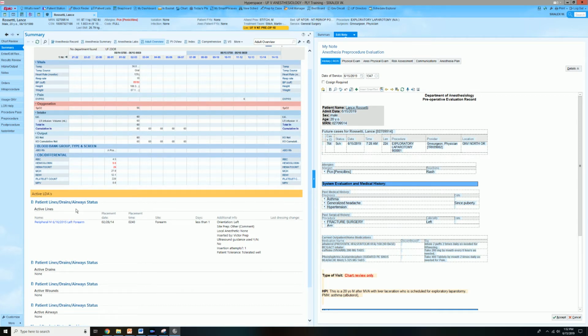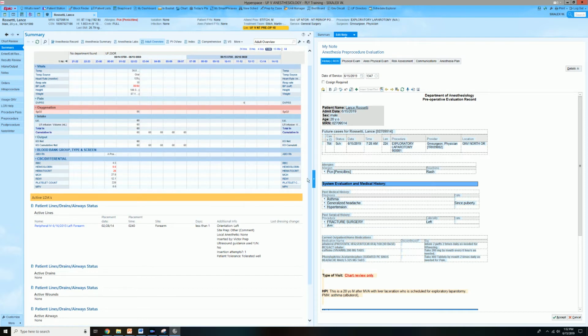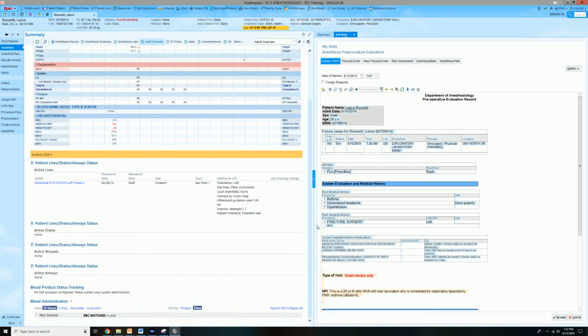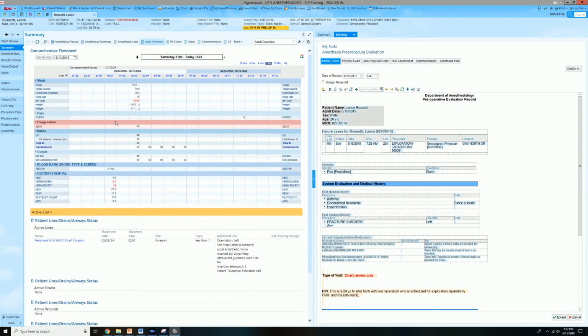Looks like we have one left PIV. Okay, well this guy was just in a motor vehicle accident with a liver lac. We're going to need more access. So this allows me to know that we don't have appropriate access, and I need to get ready to get that access. So this is super important, high yield information. And this is very short because it's a training module patient, but these can be quite lengthy with tons of